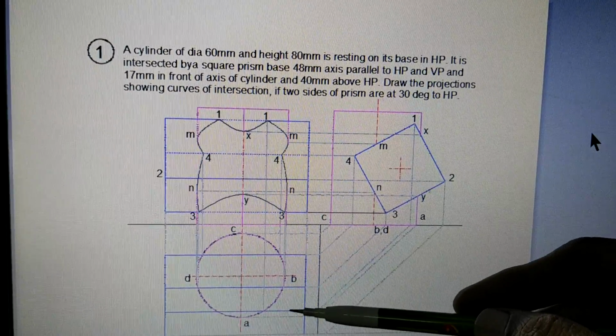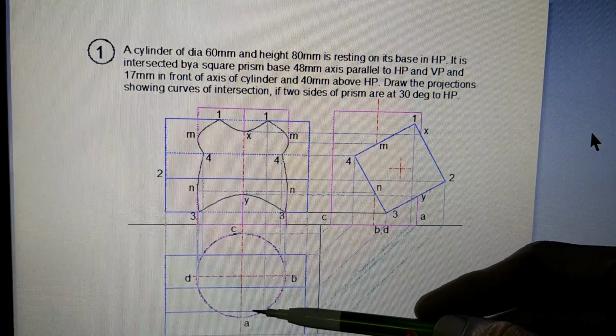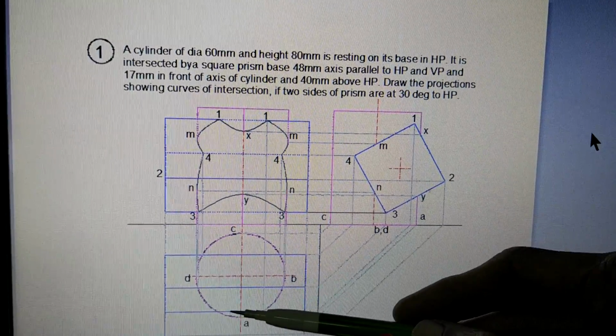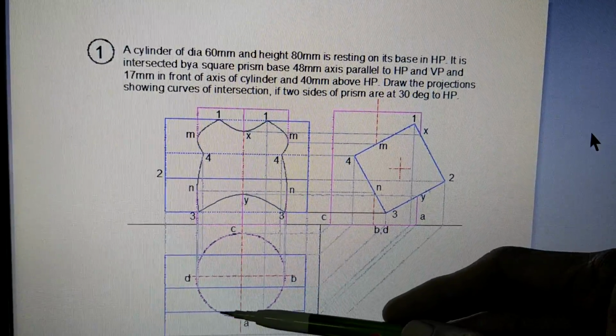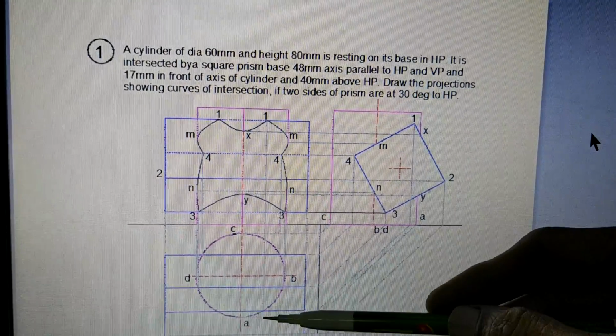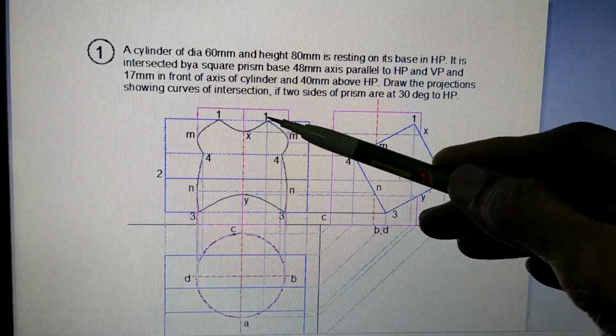So this is the edge at 1. It has gone inside. Now this part should have been dotted, which is not drawn, but this must be dotted. So this is a dotted line, and then from here onwards it has come out. You can number these points also, point number 1 and point number 1.